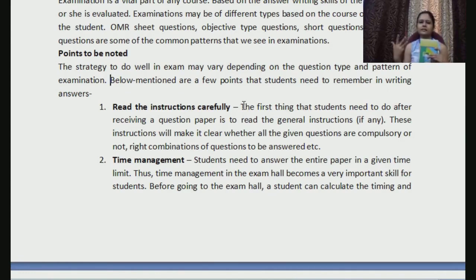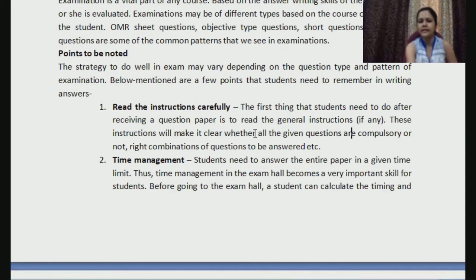Otherwise, you may just start attempting and lastly you see that, oh, I have attempted 6 10-mark questions and 4 6-mark questions. That's not how you were expected to do. They have mentioned it very carefully, so you need to go through those instructions properly and follow them. All right. You can write general instructions, if any. That means if general instructions are there, you read them. If not, that's completely fine. You can go ahead with the questions.